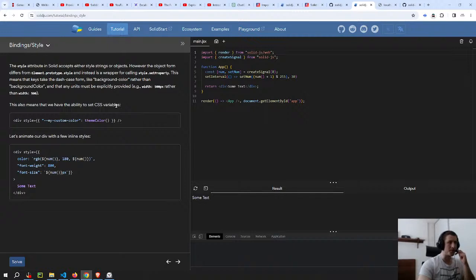Because in my situation there, I'm using the CSS module, and then passing it from the name of the module and then accessing the variable, and it seems to be working. So